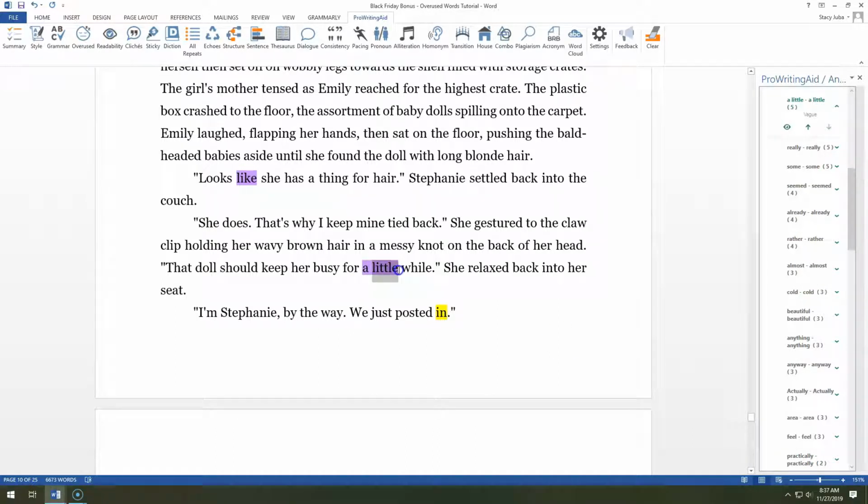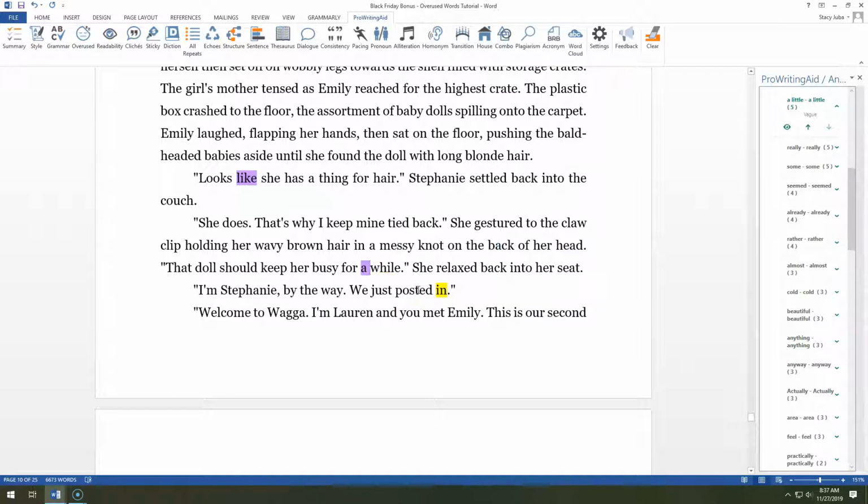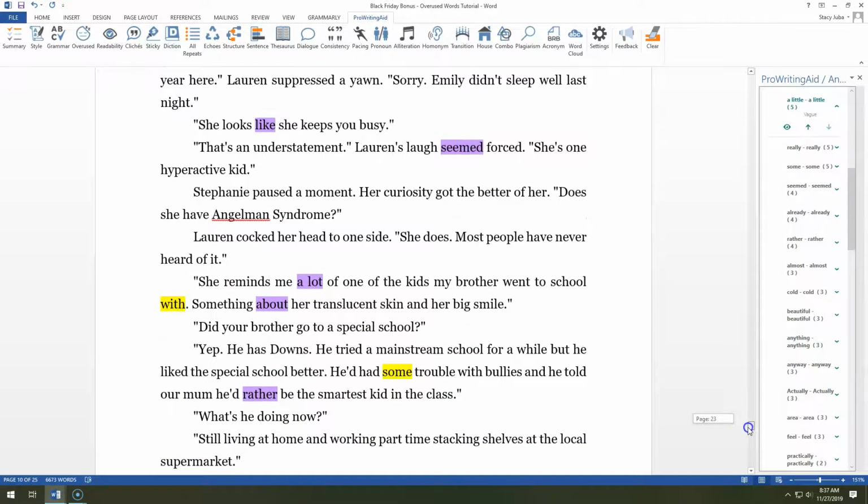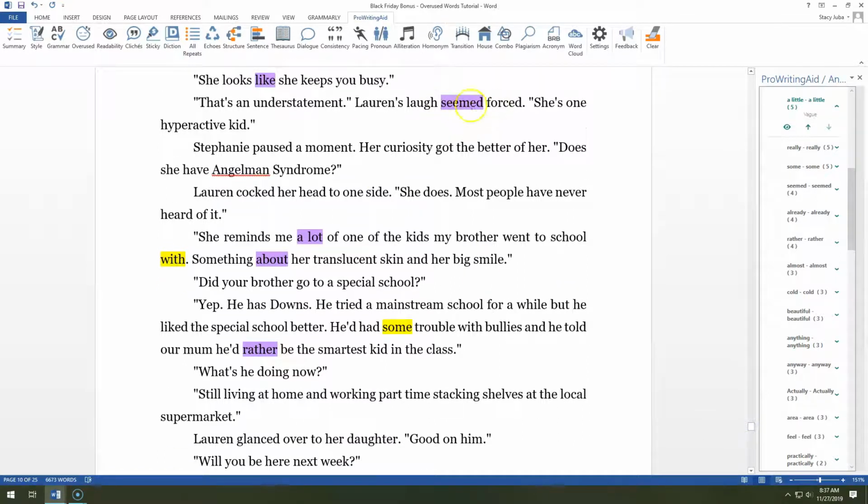We could take out a little and just say that doll should keep her busy for a while. The little doesn't really add anything. If you had a page that had a lot of seams on it, and some writers do have a tendency to overuse seam, we could rework the sentence to Lauren said with a forced laugh, or Lauren forced a laugh. So those are just the kinds of little tweaks that we can make after running this